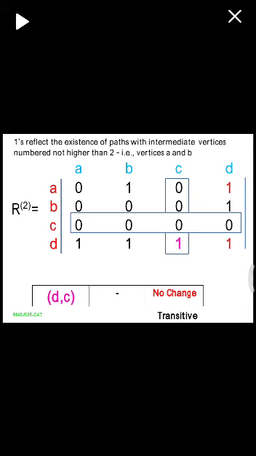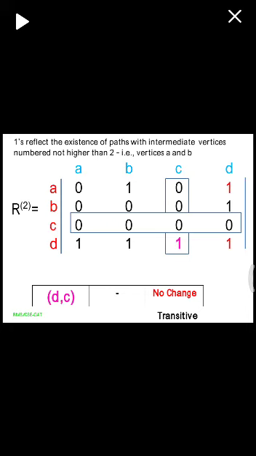So 1 in third column is D comma C. Then we need to find position of 1 in third row. There are no ones in third row. So there are no transitive edges here.